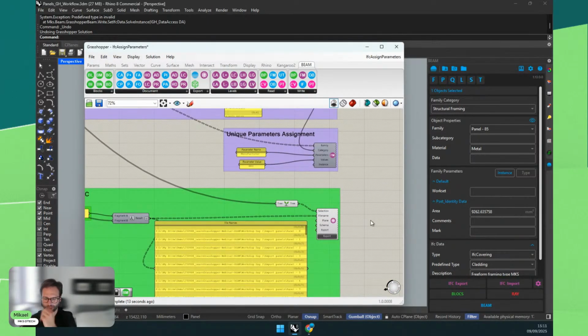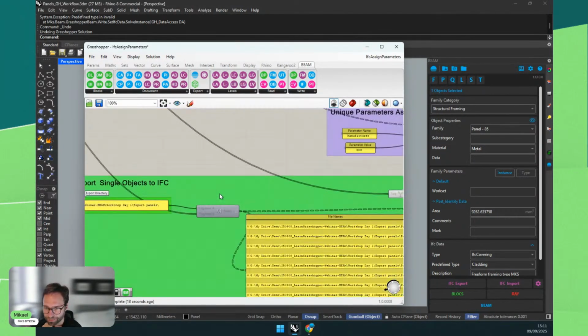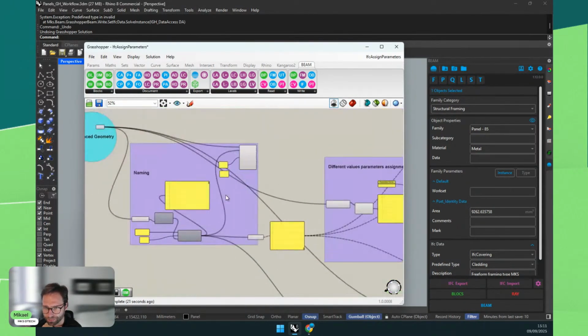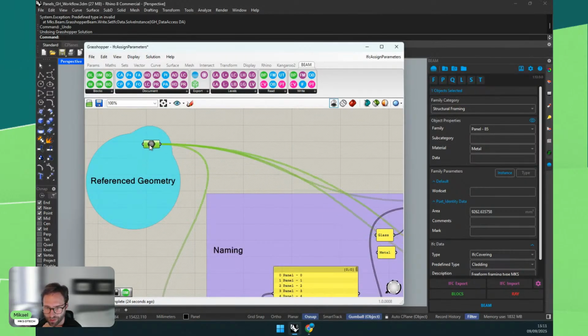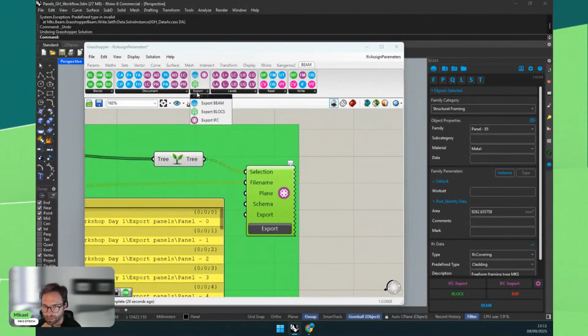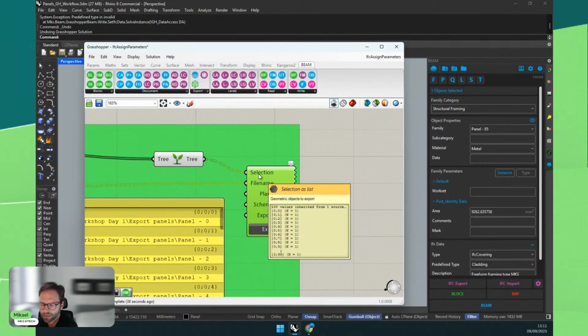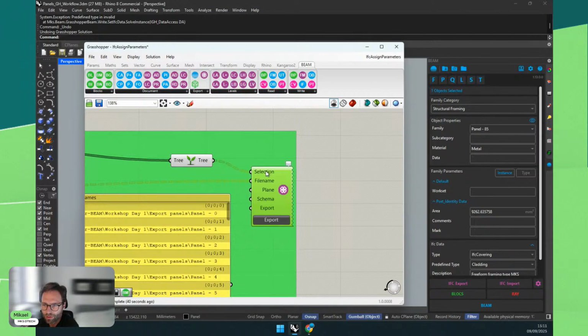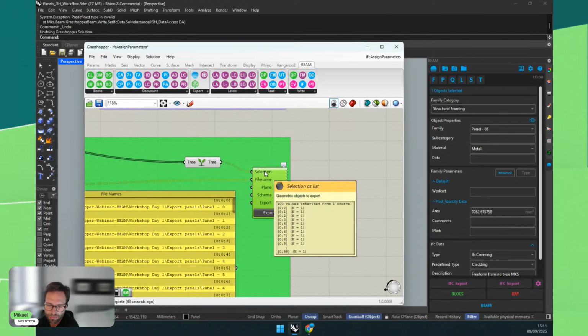So this was one example. I wanted to cover this very quickly, then we can go maybe one by one just to see all the nodes, how they work. But then we take all of these families, all of the geometry, so the same reference geometry, we plug it here in our export IFC component, and then we have our selection, which would be the objects. This name might change to objects in the next version, so be aware of that. They must be baked in the file, or it won't work. So we can only export existing information. So we need to bake them in the file because they have to become the BIM objects.